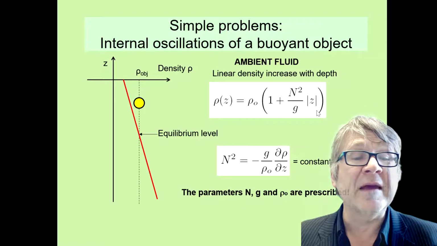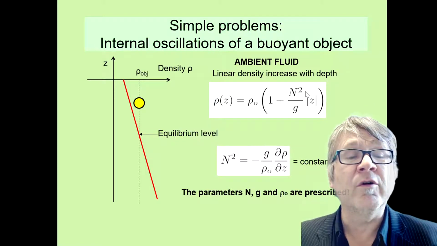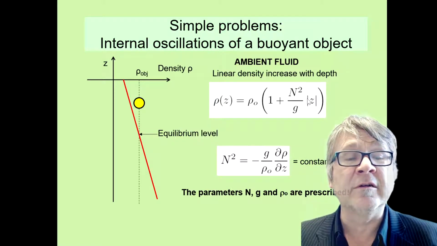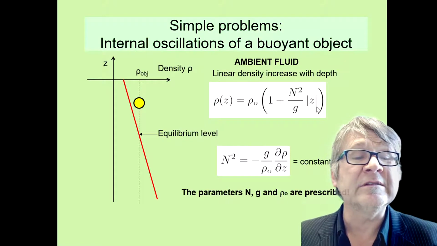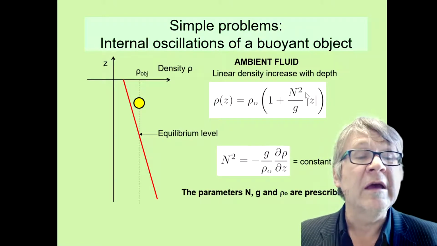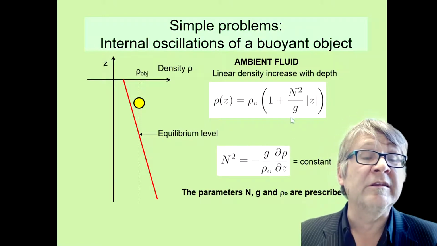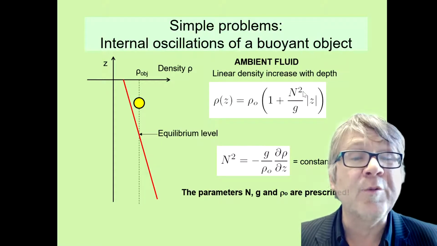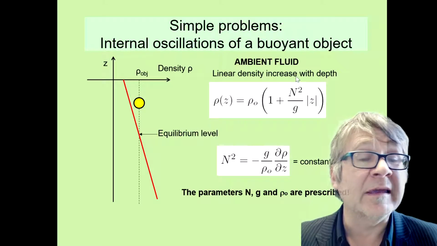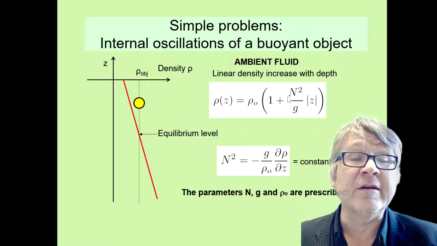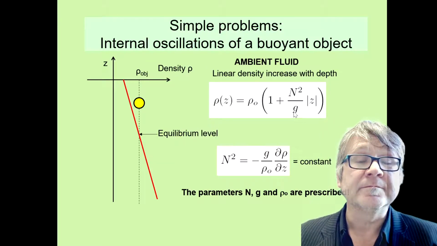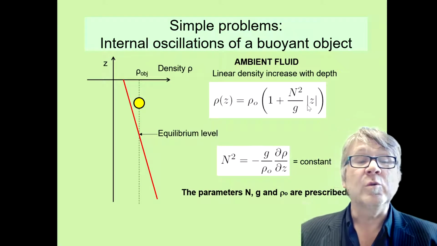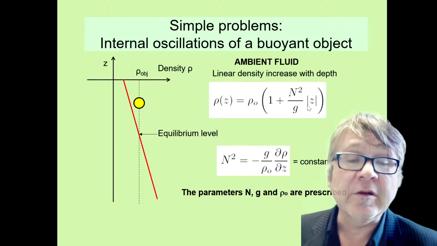This is the magnitude of the vertical coordinate. This is the distance from the sea surface. And then you have the gradient. This tells you how much it does change per meter depth change. It has the N squared in it and the g. So with this formula, you can